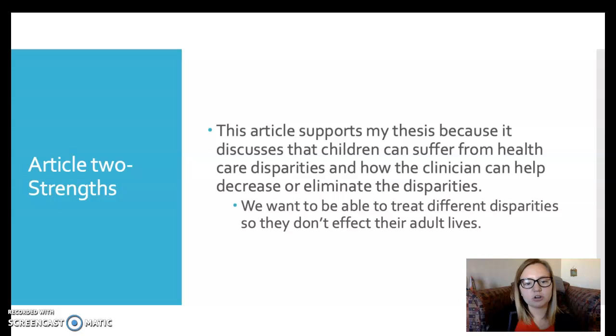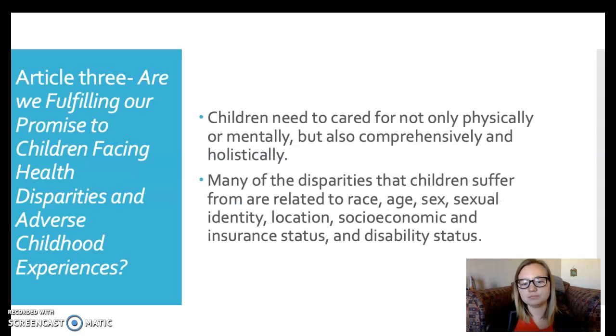The strengths of this article: I really liked this article because it supported my thesis in a way of looking at the nurse's side of things and how we can treat children who do suffer from these. And we want to be able to treat the different disparities early on in life so that they don't affect their adult lives. My third article was titled, Are We Fulfilling Our Promise to Children Facing Health Disparities and Adverse